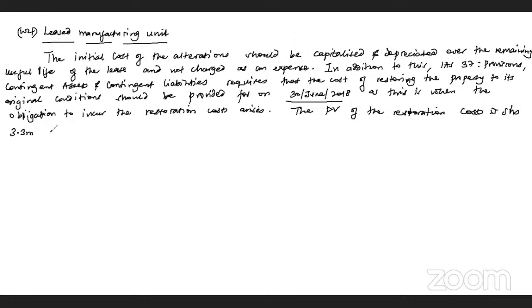Of course, to come up with 3.3 millions, we know that the estimate was 5 millions. The discount rate was given as 6%. So when you check on your tables,